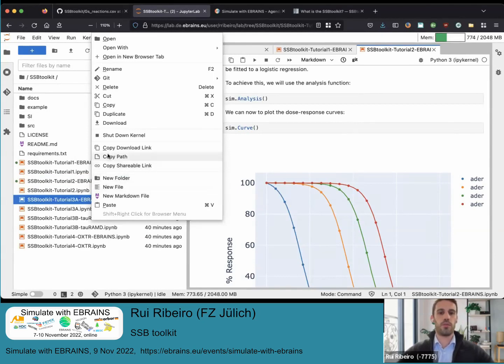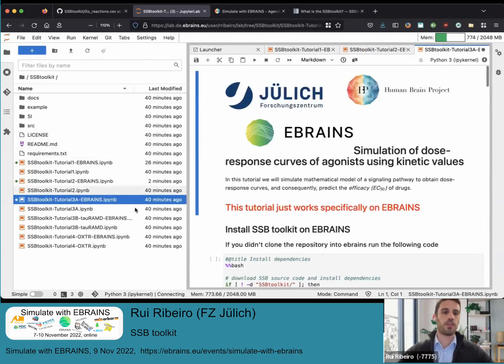These are tutorials where we use kinetic parameters, the k on and k off. We will not do this tutorial with RMD, so it's just the same. It's just the way we obtain that this k on or k off is different, and we'll not do it because